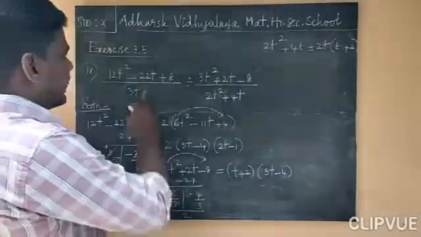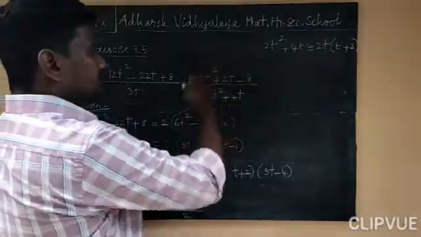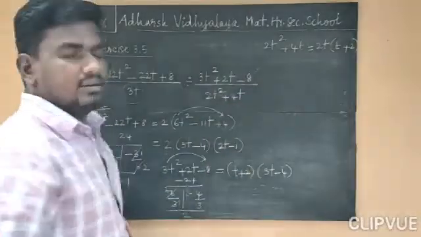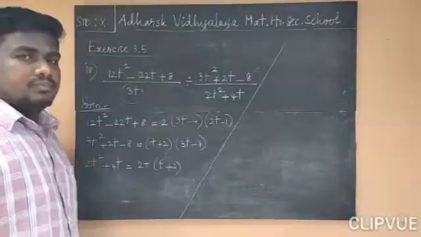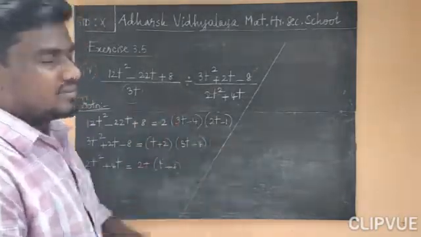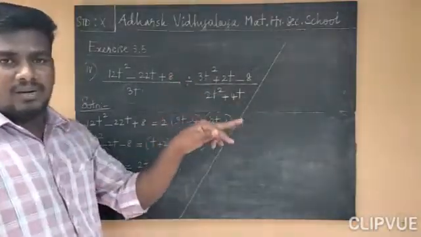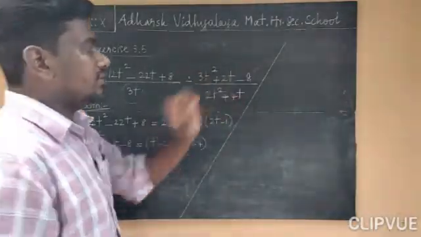So next we are going to change the sign, division into multiplication, and this reciprocal. Then we can cancel them. So here we found the factors of the quadratic polynomials. Now I am going to assign that. Before going to assign it, we have to change the sign division into multiplication and this one reciprocal.